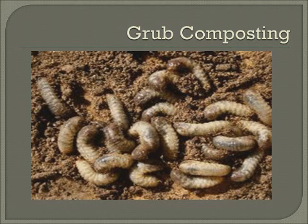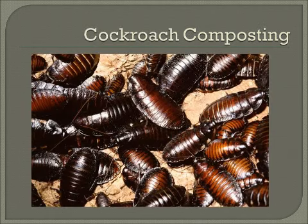There are multiple composting approaches, such as grub compost, which uses the larvae of the black soldier fly to convert manure or kitchen waste into an organic compost. The resulting compost can be used for soil and fertilizer. The cockroach composting approach is another insect-mediated composting method. In this case, the adults of any number of cockroach species are used to quickly convert manure or kitchen waste